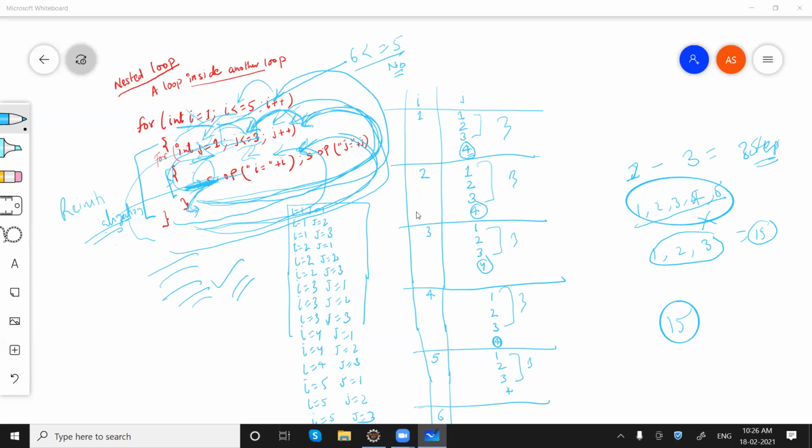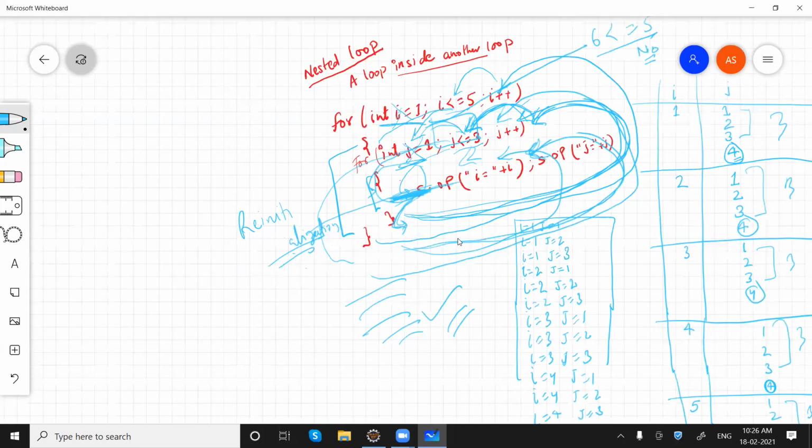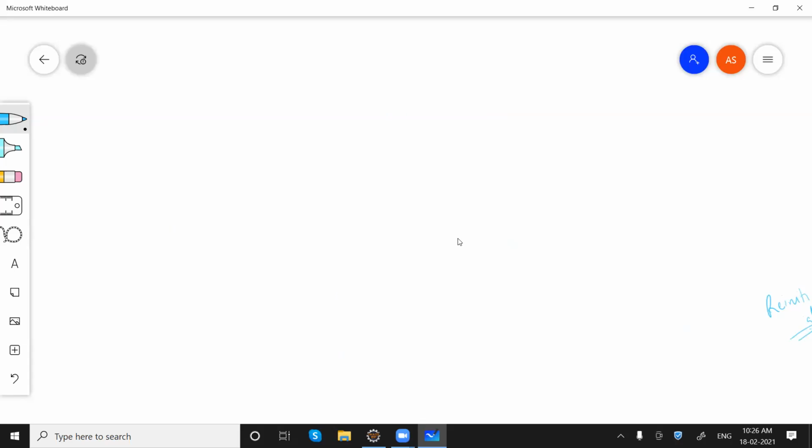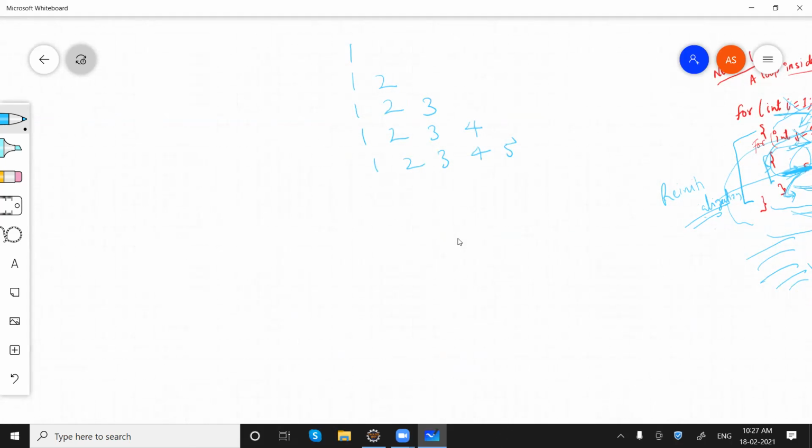Okay, now your task is you will be doing something like this: print 1, 1 2, 1 2 3, 1 2 3 4, 1 2 3 4 5. Question number 1, right? Second, 1, 2 2, 3 3 3, 4 4 4 4, 5 5 5 5 5.